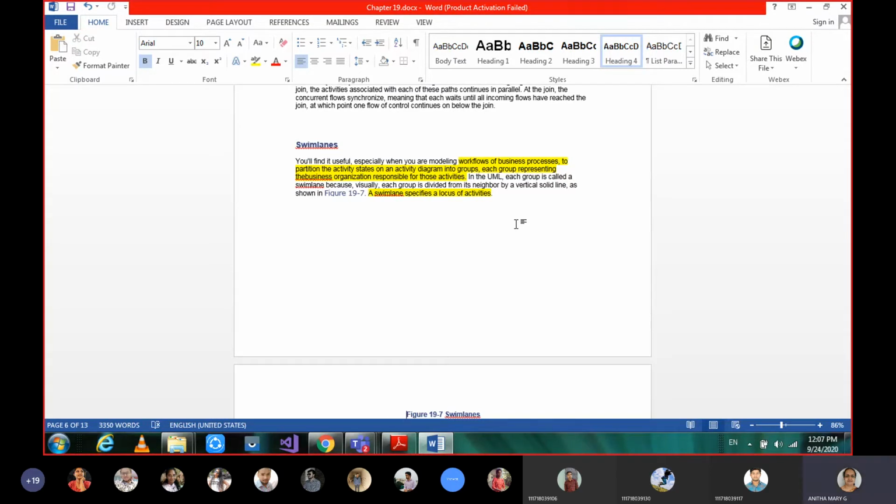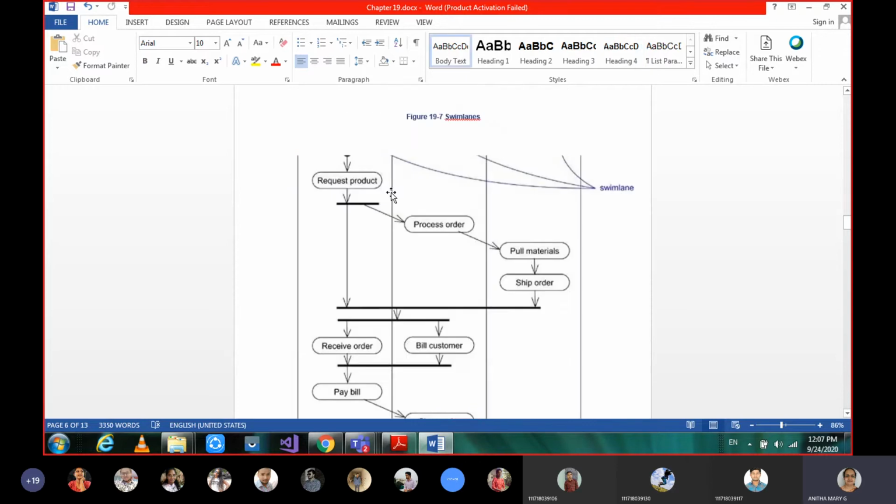How the order management has to be taken care of, the financial things have to be taken care of, shipping has to be taken care of. So each one will be a flow again. Okay, so in a business process, there are many activities, many flow controls. Each flow control we can say is a group, and each group we call a swim lane. The locus of activities we call a swim lane.